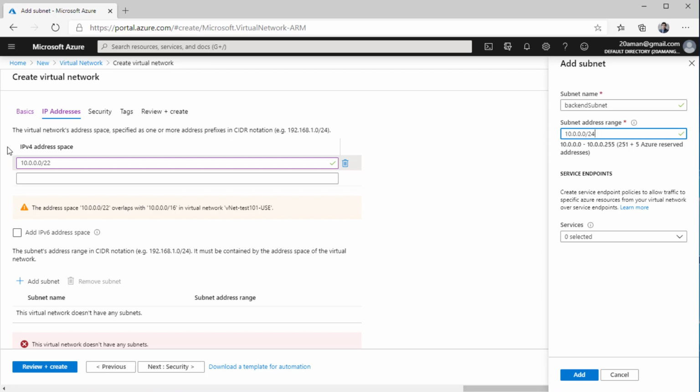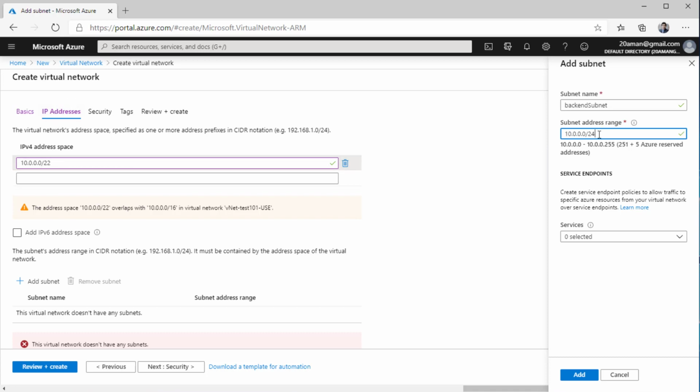Now the virtual network's address space is /22, which means it can have up to 1024 IP addresses. The subnet cannot have more than that. It has to have at most that many IP addresses. And the address space itself also needs to be contained within the address space of the virtual network.